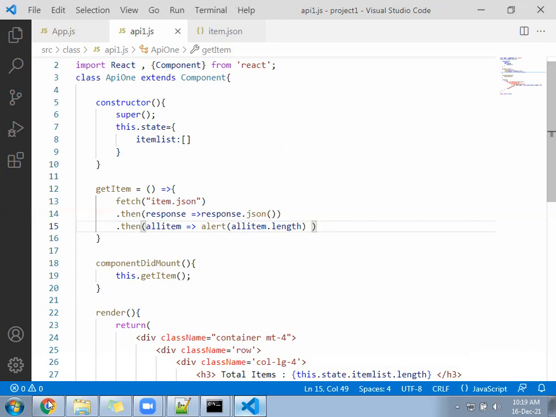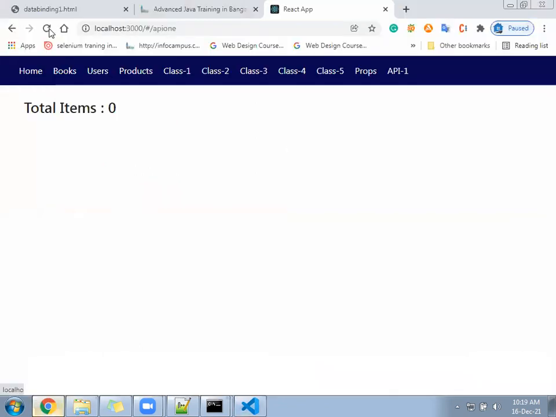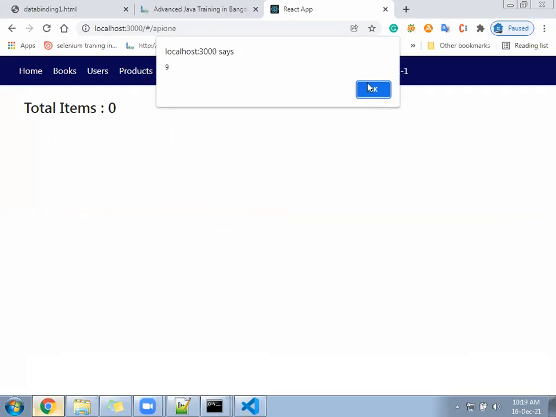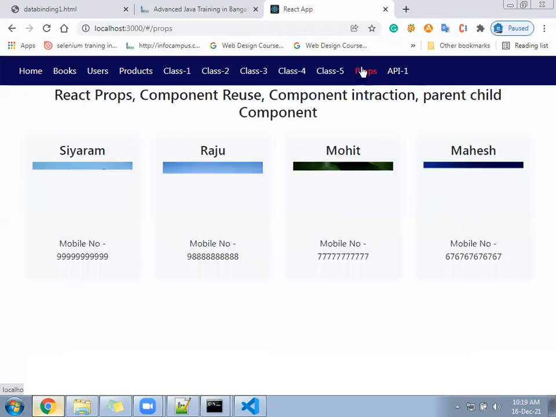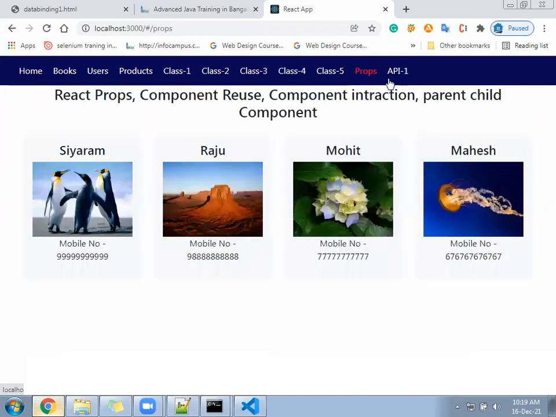So here should be the output. See, by default it is coming depending on how many elements you have added inside the array. 9 has come. Carefully you can see. Suppose go to the other component, props. Once we go to the props API, you need to see first whether h1 is printing or the alert is coming. Watch carefully. Once I go to the API, first h1 will print or the alert will come.